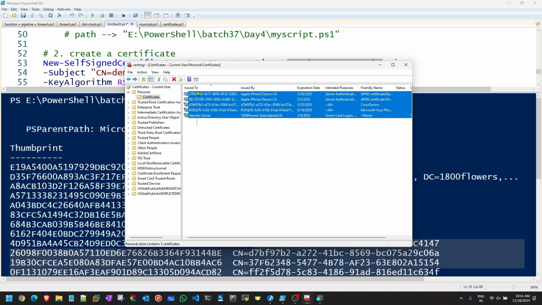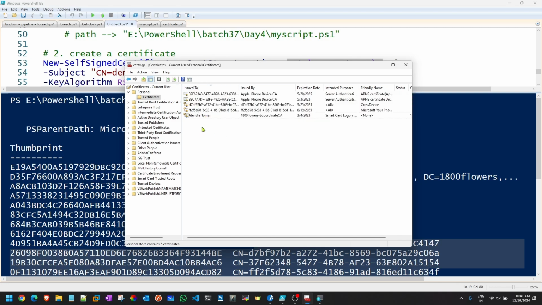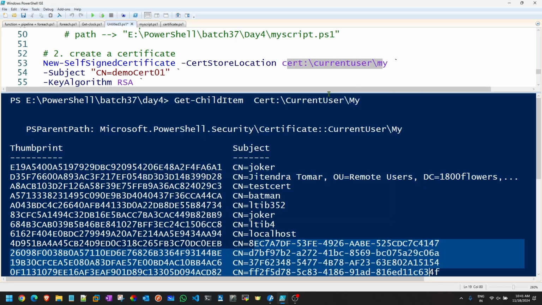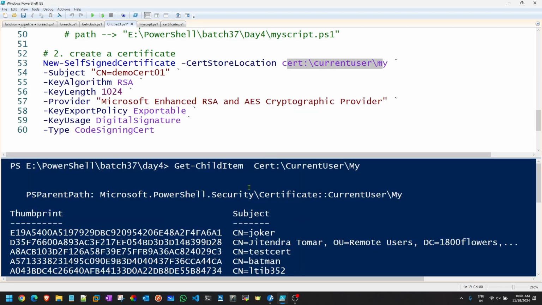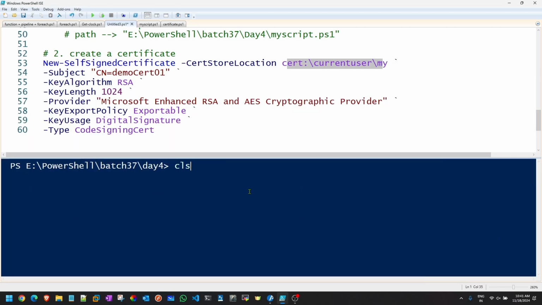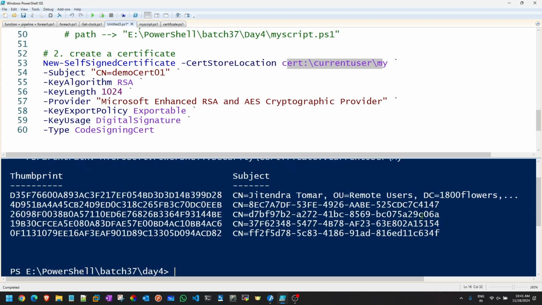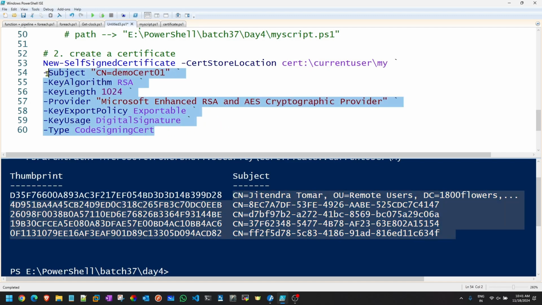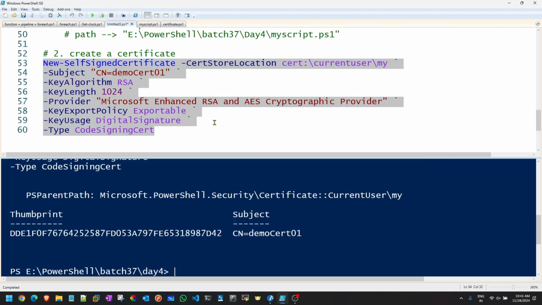Okay, this is the way you work with the graphical utility. Now if I re-execute the same command, see, only those specific certificates which I left are available. Got it? Now I'll run this entire line, and there we go.